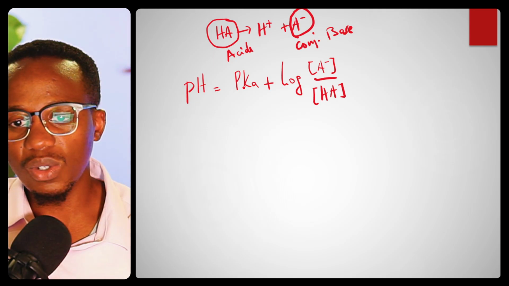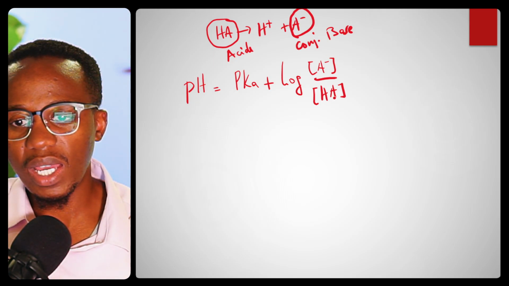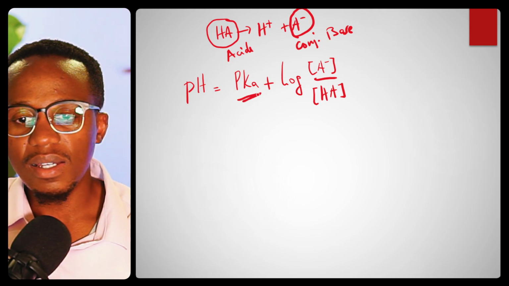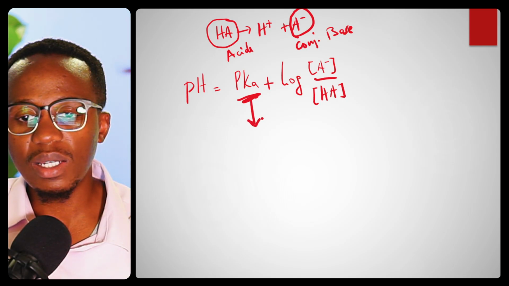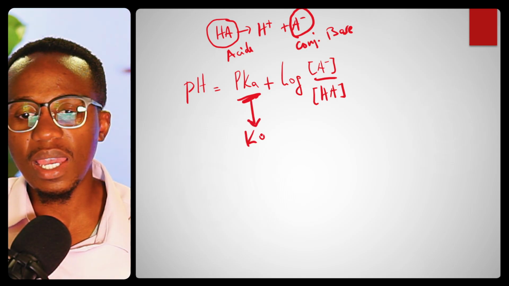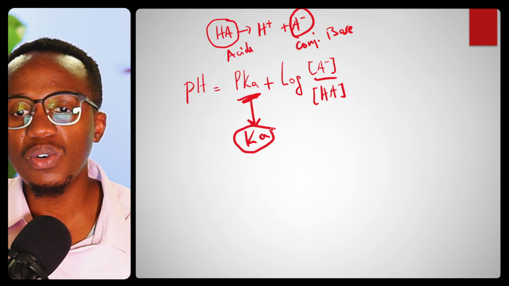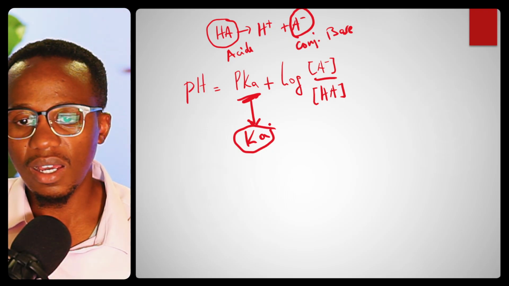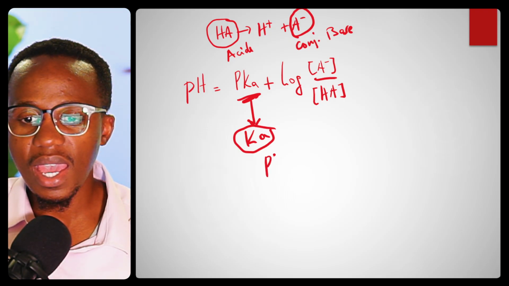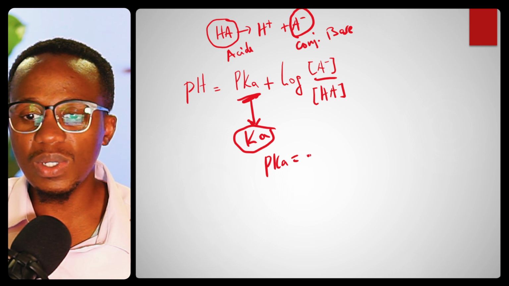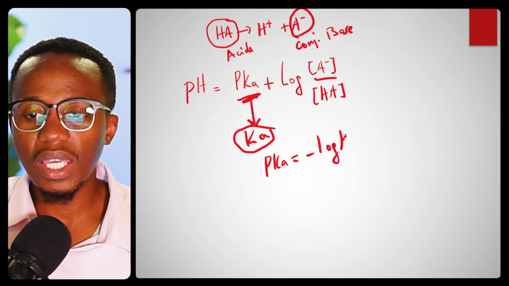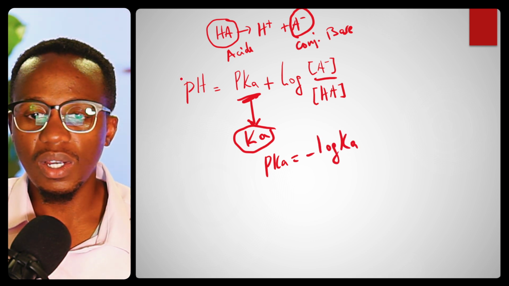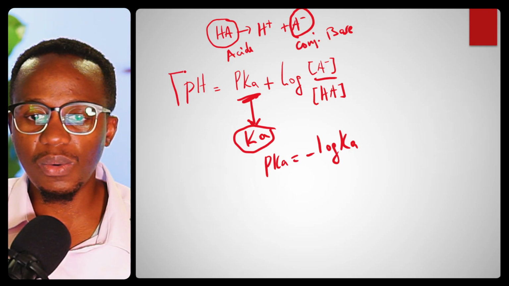So pH is equal to pKa plus log of A minus over HA. The pKa is a constant, right? The pKa comes from Ka, the dissociation constant of this acid, right? So pKa is actually equal to negative log of Ka of that acid. So this right here, this equation,